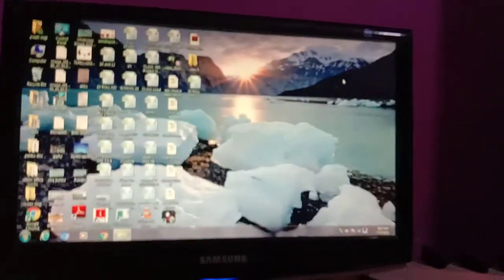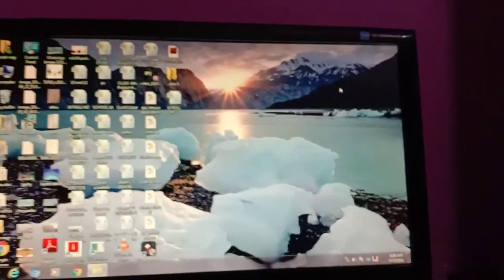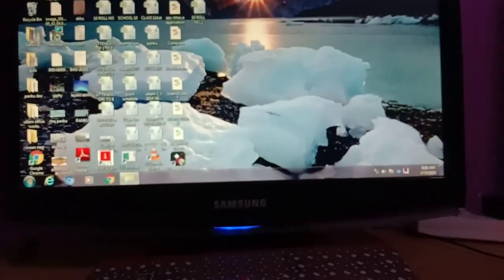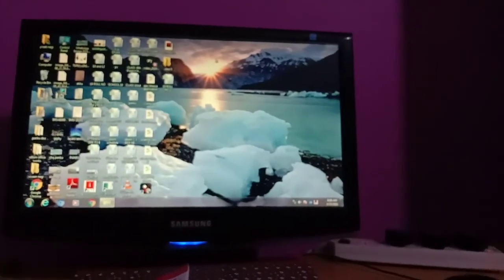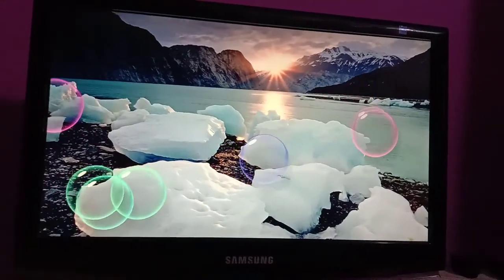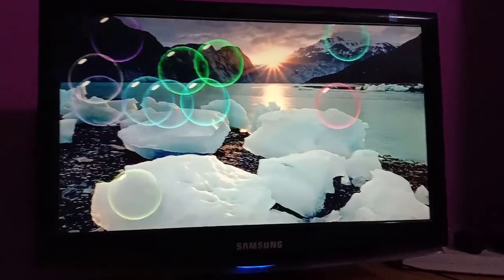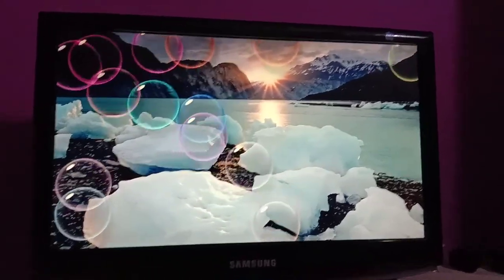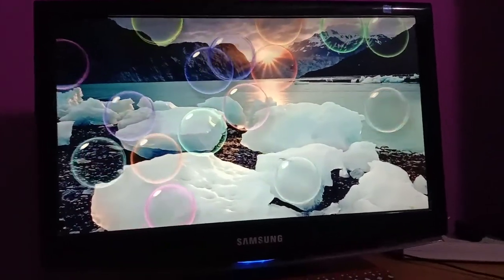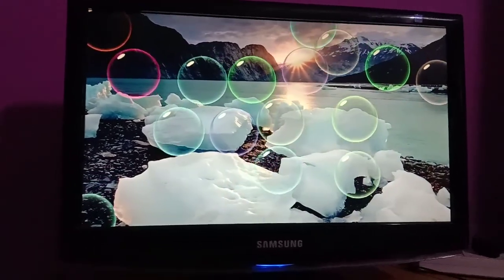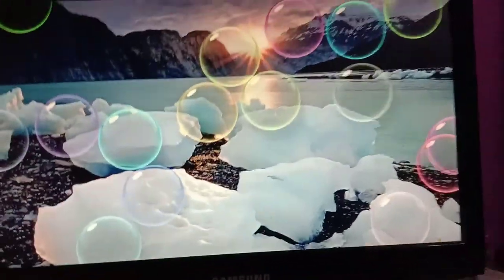See, the background is changed. Now for 2 minutes I'm just making my computer sleep. I'm not moving it for 2 minutes. So students, you can see after 2 minutes the bubbles are coming. These are called a screen saver. It will save your screen. These bubbles will come on your screen as a screen saver. After 2 minutes, if you do not touch or move your computer, or do anything on your computer, then it will show you this type of screen saver.